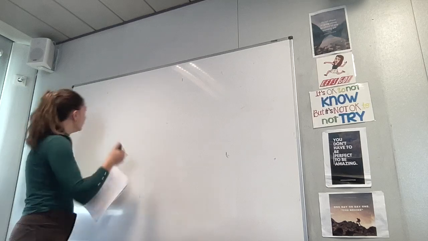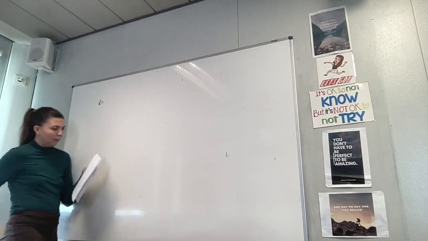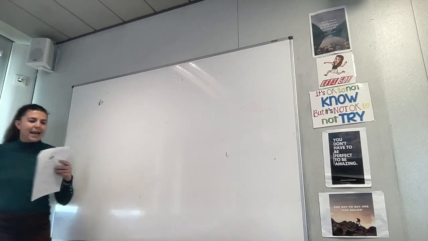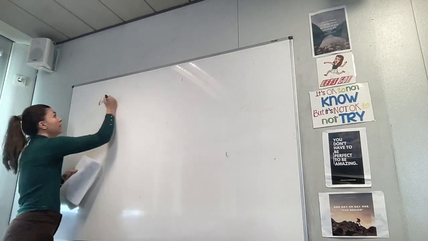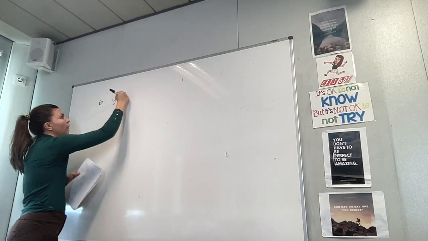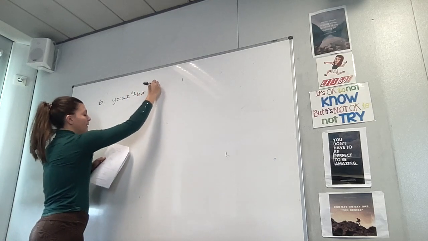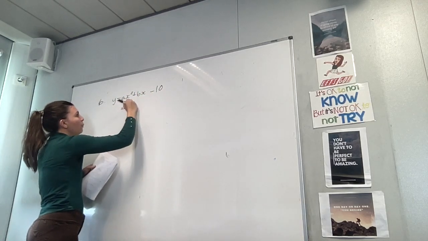So today we're going to be going over questions 6 and 7 on your last exam paper. So question 6 says the following. The gradient of the normal to the curve y equals ax squared plus bx minus 10. So first of all, I'm going to write this down. Ax squared plus bx minus 10 at point